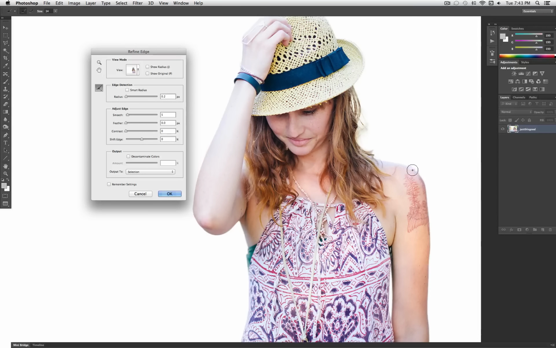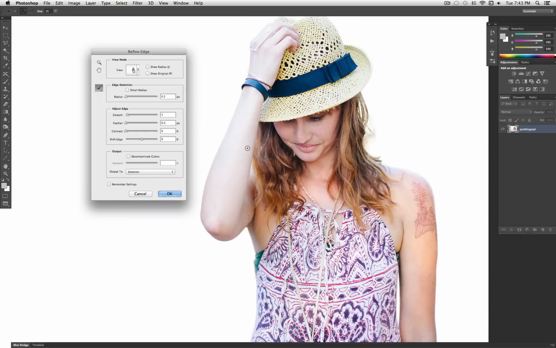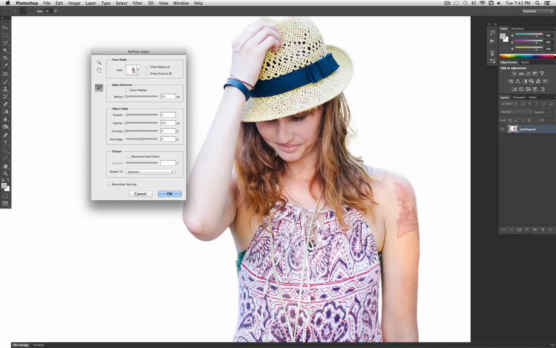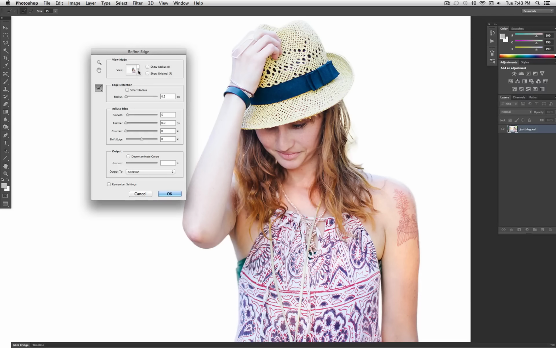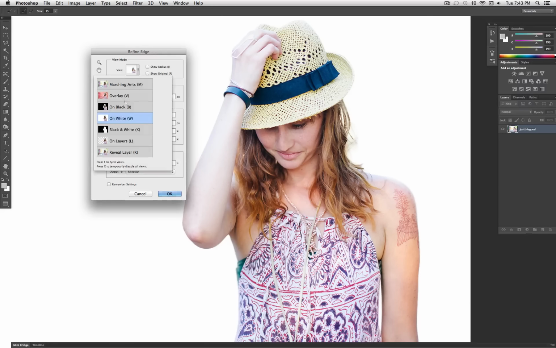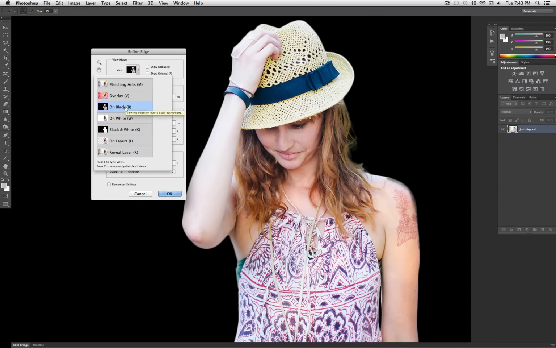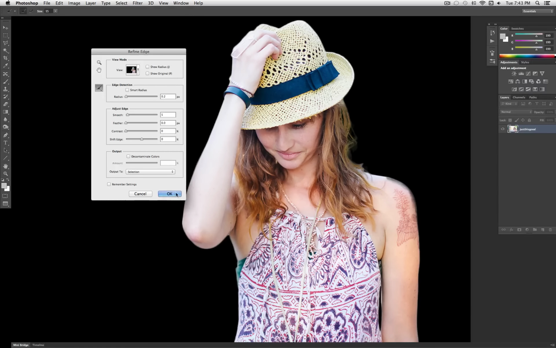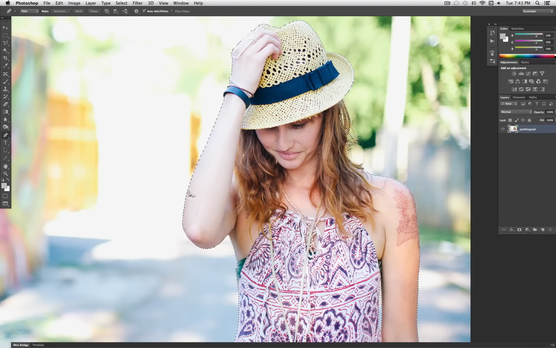And even if, let's say I accidentally chopped off some of the shoulder, I can even go back over the shoulder, and Photoshop will, as long as the background is pretty clean, like in this object, Photoshop will kind of detect what you're trying to do and fix it for you. So also you can view it against white or black just so you can see better. But once you're happy with your selection, which I think this looks pretty good, if you select OK, now you have your selection,